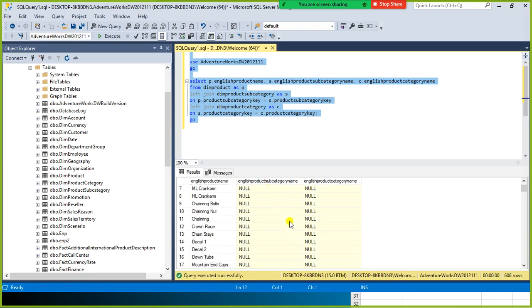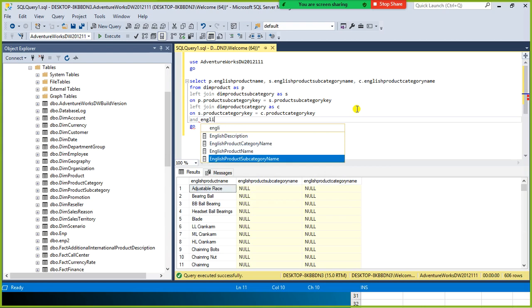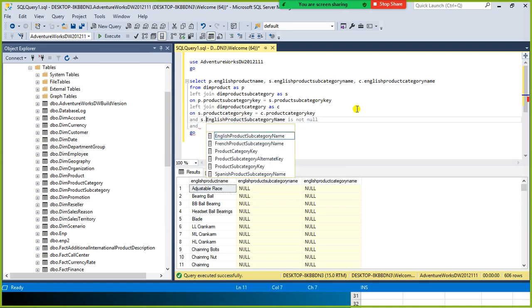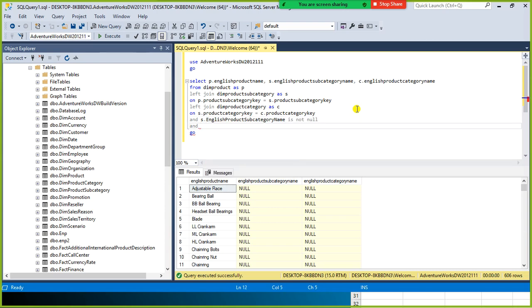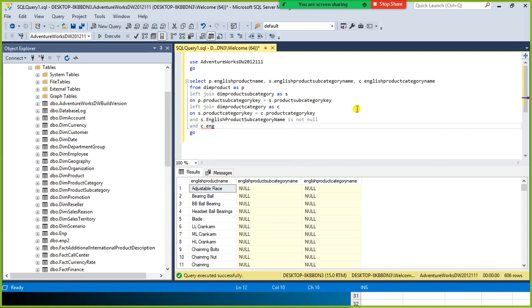Now you can see null here in product subcategory name, right? So the null value is there. What I do is I say English product name is not null, and sorry, this is my ps, right? ps dot English product category name, and c dot English product category name is not null.